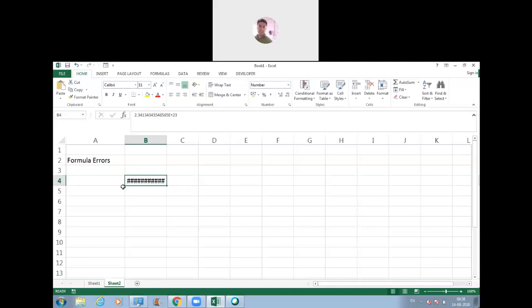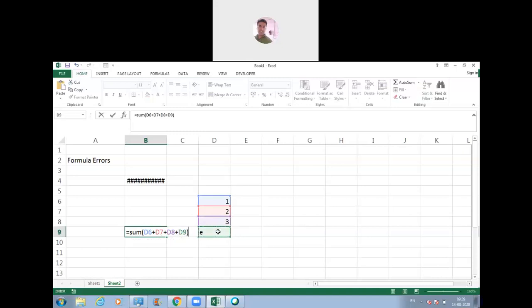Okay, now we are going to talk about the second kind of error. Suppose we are given four different values in four different cells, and we want to find out the sum of all these in this cell. How can we do that? We just have to make use of this inbuilt function named sum. We can select this cell first, place a plus sign, then select this cell, place a plus sign, then select this cell, place a plus sign, and then select this cell and close the bracket.